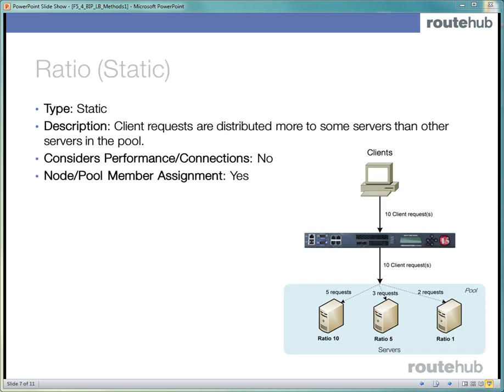So load balancing based on the node or the pool member will apply to these load balancing methods that we're going to talk about. And the first one is based on ratio load balancing. So in this static method, client requests are distributed more to a specific server or servers than other servers in a pool. So in this case, you would assign a ratio value or a weight to each server. And the server with the larger value will process more client requests compared to servers that have a smaller ratio